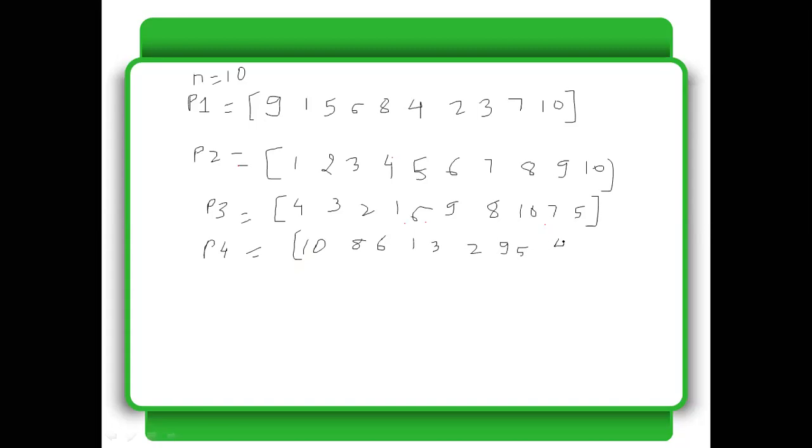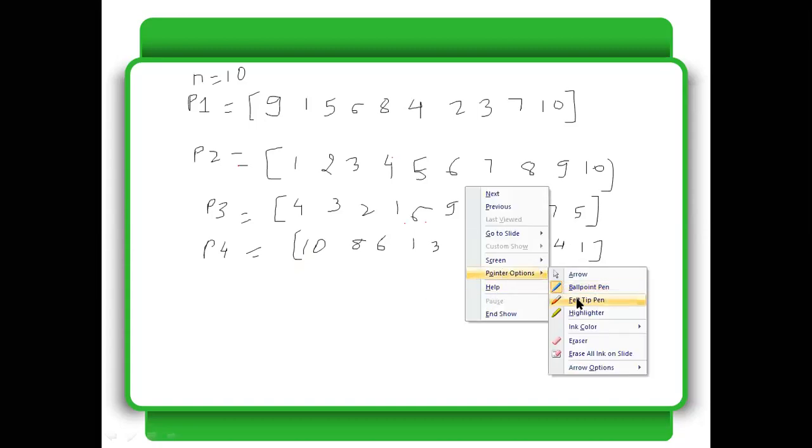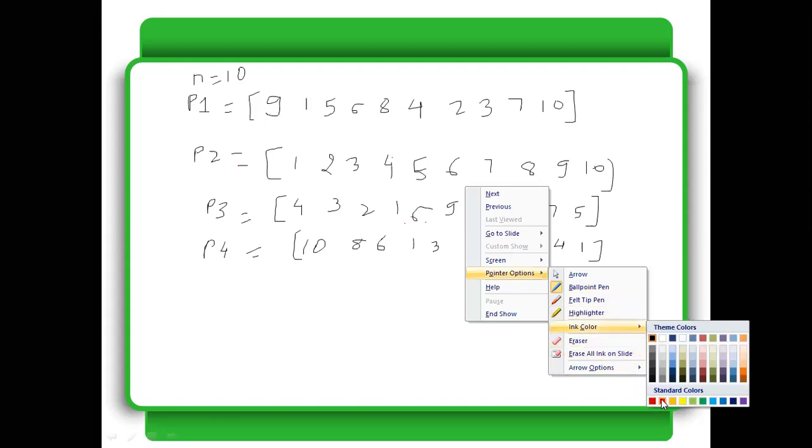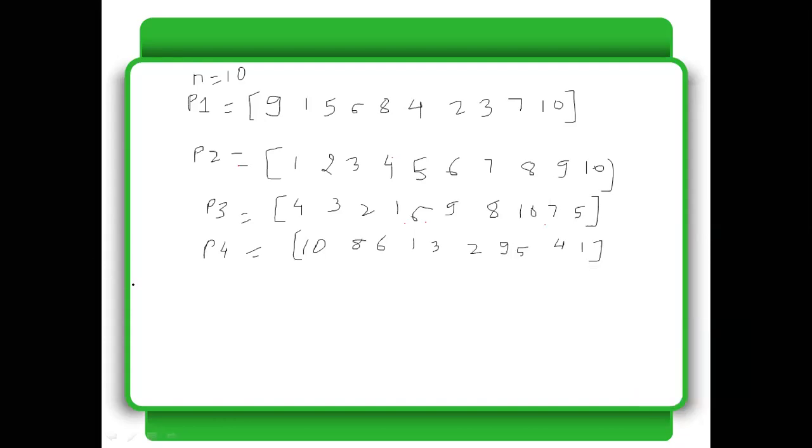तो मतलब ये मैंने कोई भी 4 ले ली, ये मेरी इनिशियल पॉपुलेशन है. ठीक है, अब मेरा नेक्स्ट स्टेप है to have this selection operator. So the next step which I am going to have is my selection operator. So हम इसमें again roulette wheel selection ही choose करेंगे.